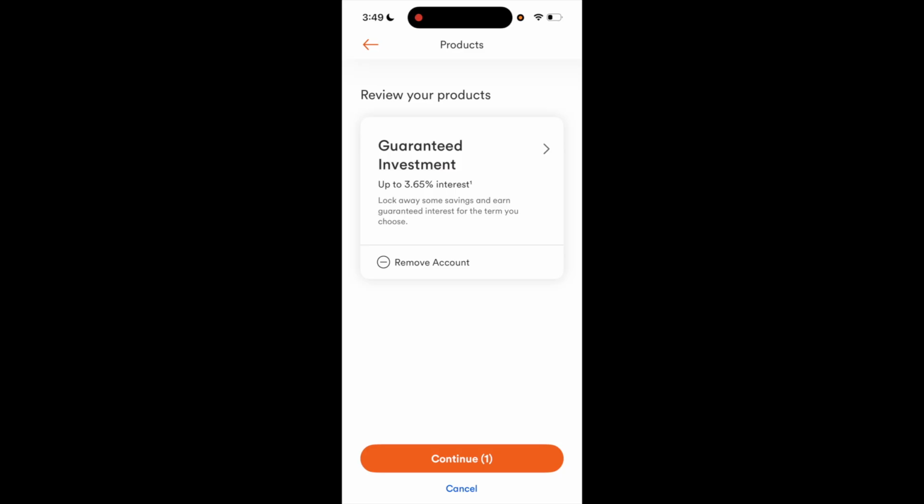So pretty simple, but that's how you guys can open a guaranteed investment account or a GIC account here on